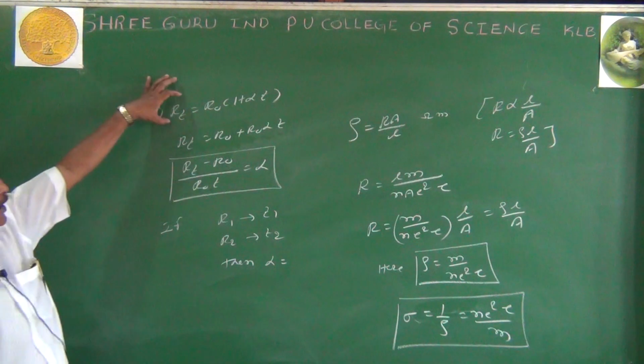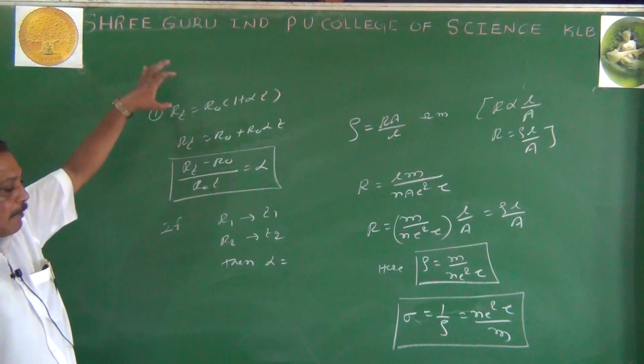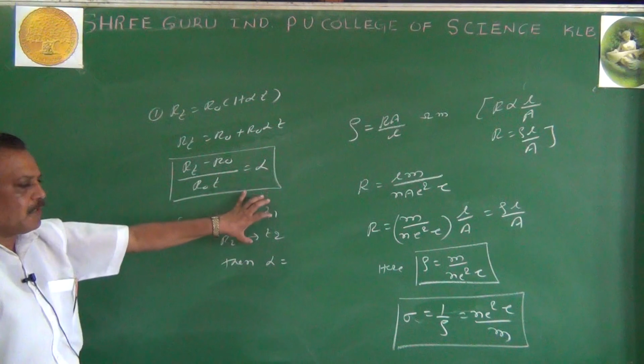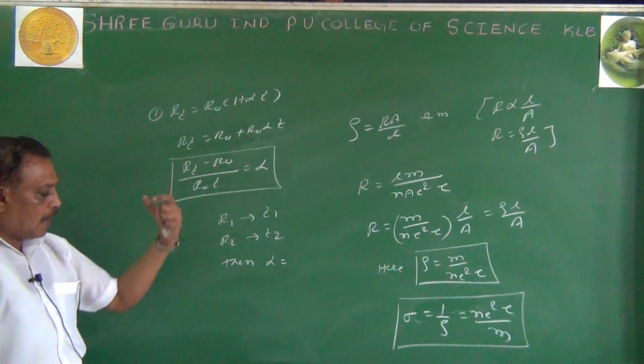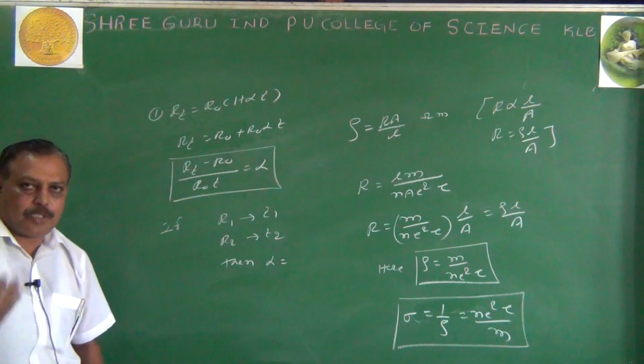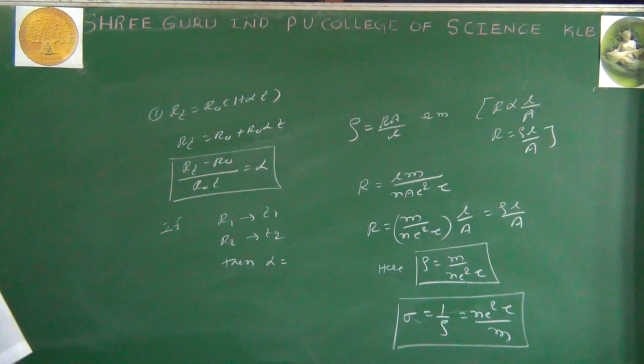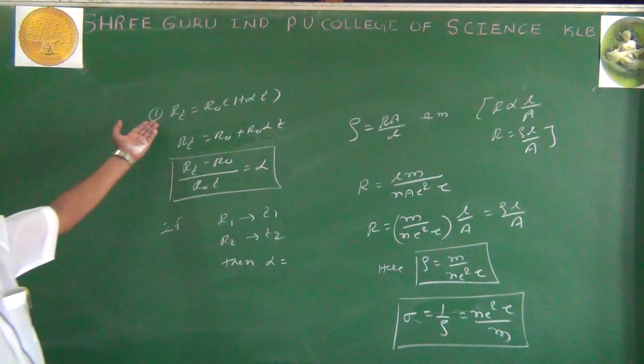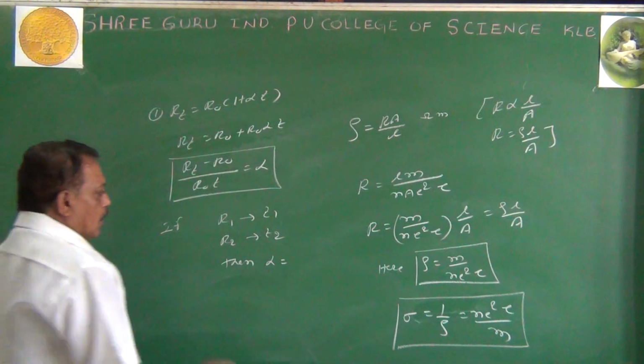By keeping this equation as the base, I made the equation. You don't have the derivation in the topic. But at the time of solving problems in NEET and CET, we go for the equation. There are two temperatures and corresponding resistances. Then calculate alpha. We never go for the lengthiest one. Then we go for the output.